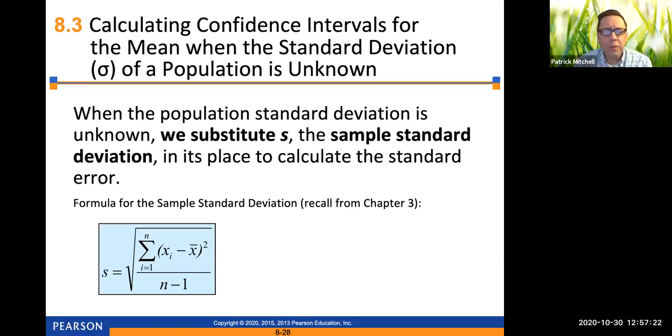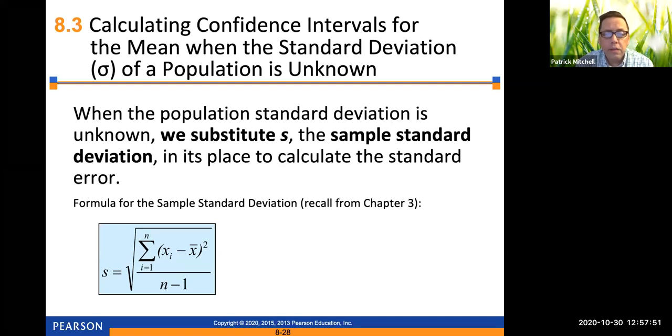We're continuing with Chapter 8 today, and today we're going to talk about Section 8.3, which is calculating a confidence interval for the mean when the standard deviation of the population is unknown. In the last section, we talked about how to do it when sigma is known. So when the population standard deviation is unknown, we substitute S, the sample standard deviation, in its place to calculate